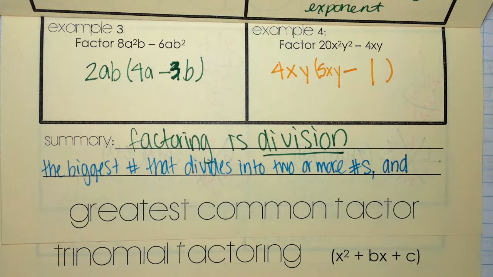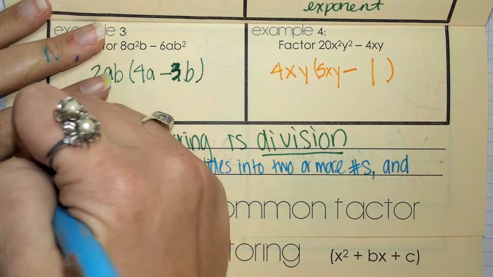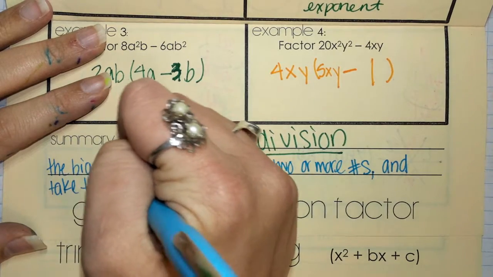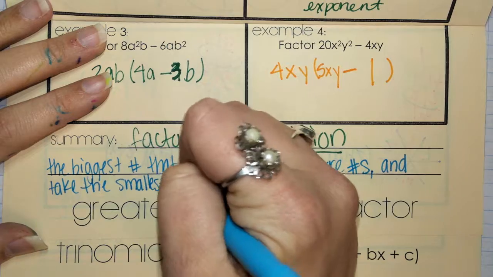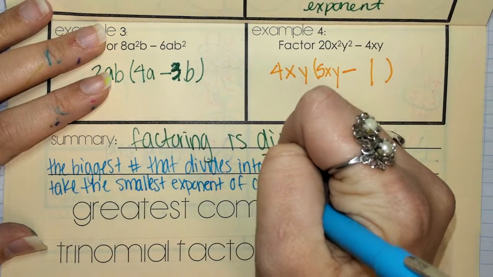It says it on example 2 that we wrote at the top. Look at you go. Take a point for being able to read the notes. Super proud. All right, and take the smallest exponent